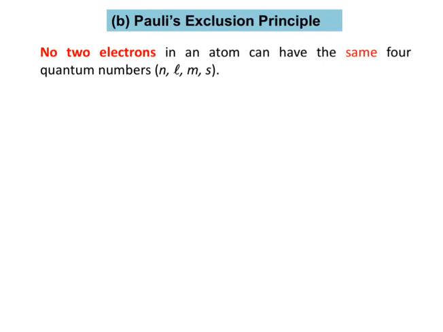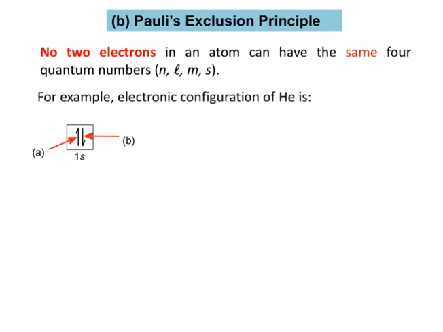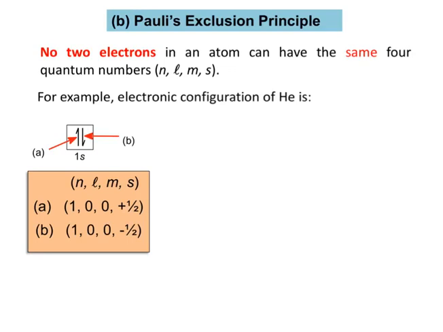Let's determine the 4 quantum numbers of the 2 electrons in helium as an example. 2 electrons with opposite rotation occupy the 1s orbital. These 2 electrons will have this set of 4 quantum numbers. Since electron A and B have different electron spin quantum numbers, positive half and negative half, they obey the Pauli exclusion